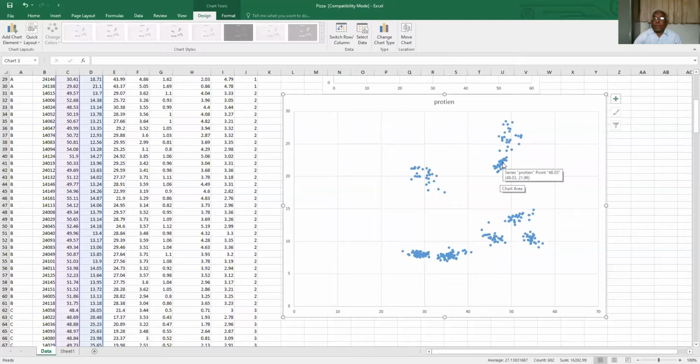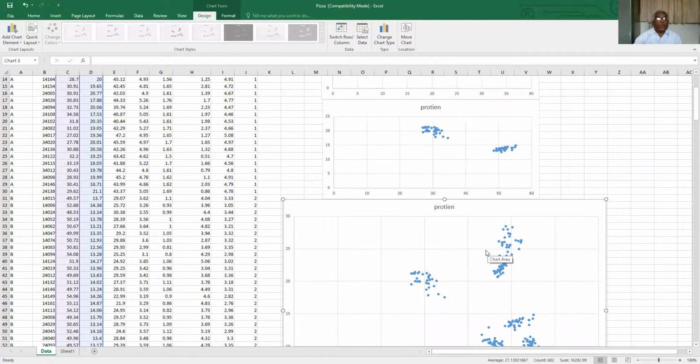Of course, there is a variation. Statistically, we have to find out the distinction between these two. And that is why when some new pizza comes to you, you have to classify it, whether it is of this type or that type. That problem is called classification.